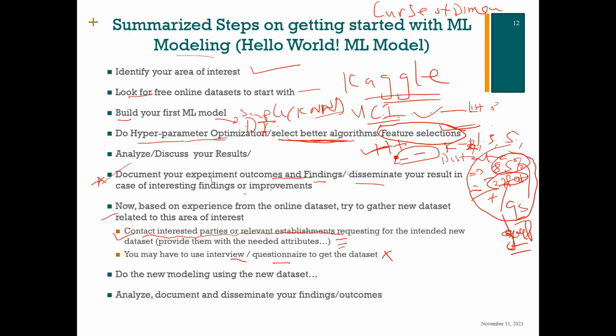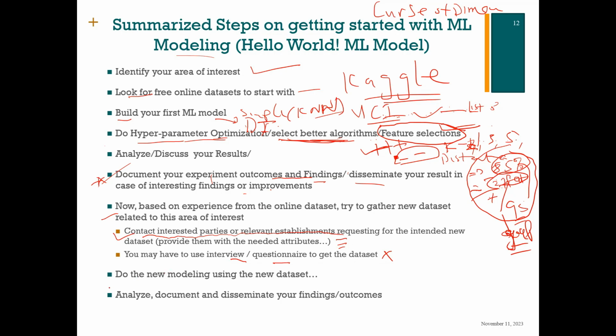Make them as simple as possible, because experience has shown that even some very simple information, simple question and answer, if you can get the responses from diverse background related to the sample area you are looking for, it could go a long way to provide the needed data for you to be able to make a very successful machine learning modeling. So we have to pay attention to that.